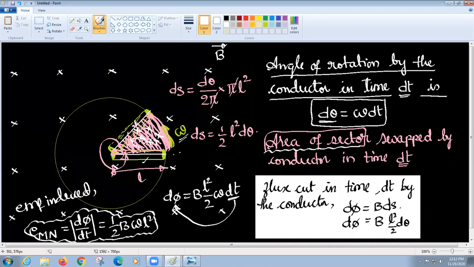Then we will understand the displacement current density, that is, how Maxwell corrected Ampere's law. Ampere's law fails when we have a circuit with a capacitor. Without a capacitor, Ampere's law is correct, but with a capacitor it is a big failure. So how Maxwell came forward and modified it, we will check.